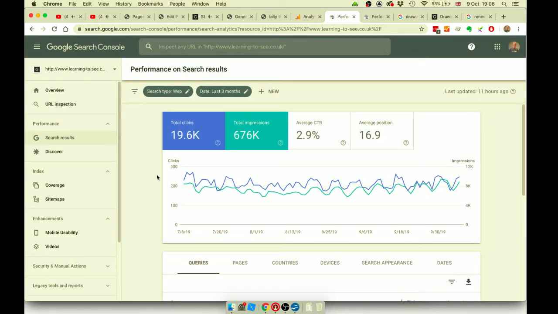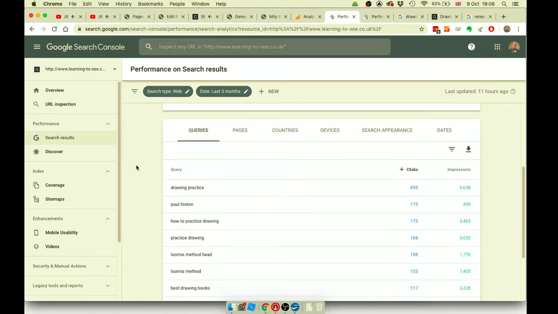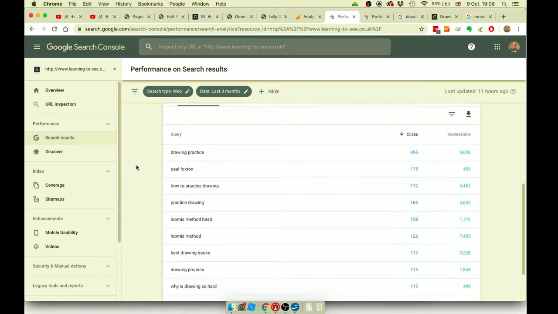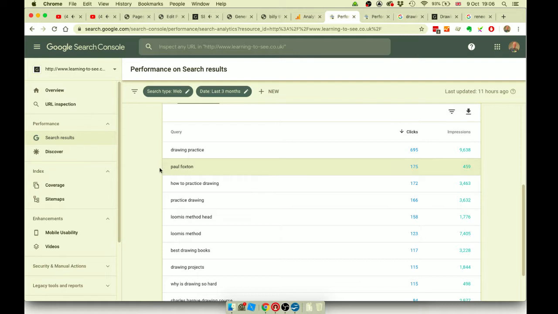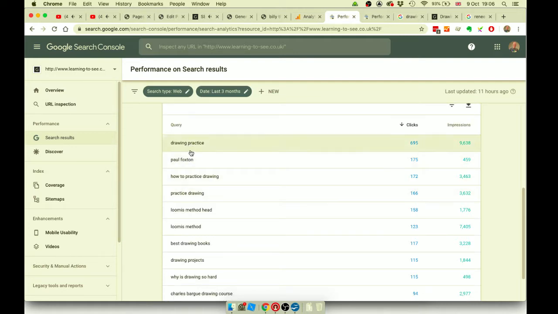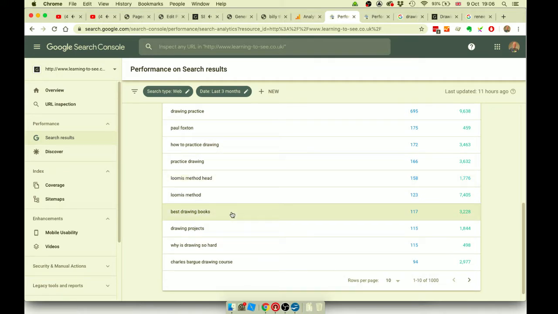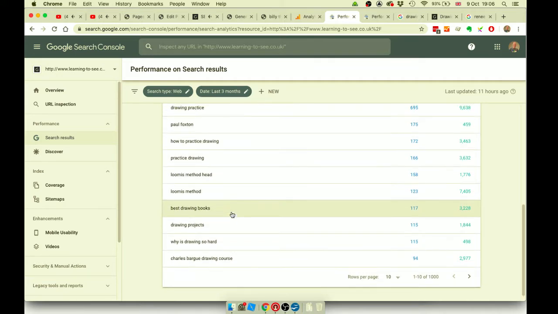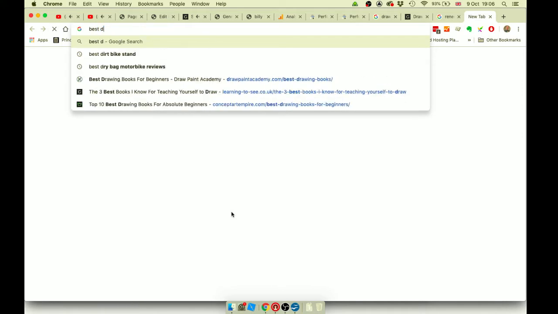I'll show you a couple of the queries that I do come up for. Obviously, Paul Fox and I come up for how to practice drawing. These will all be the same page. This is another page which comes up. Best drawing books is an interesting one to come up for, because if I put that in as a search,